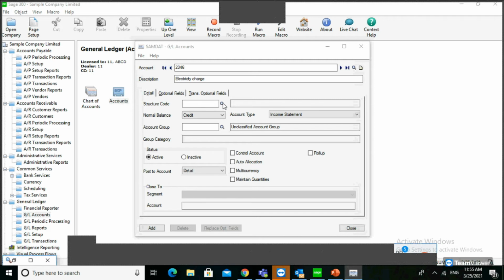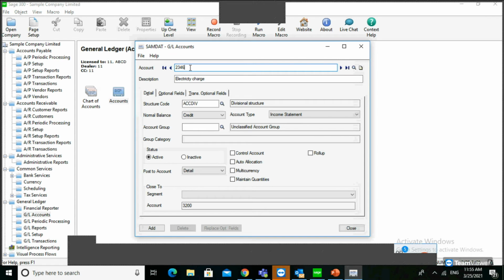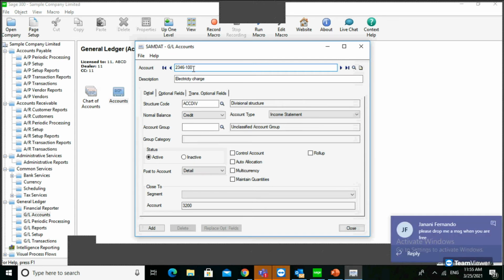If I define the account structure code as account and division, then I need to define what is the segment, what is the division number also.